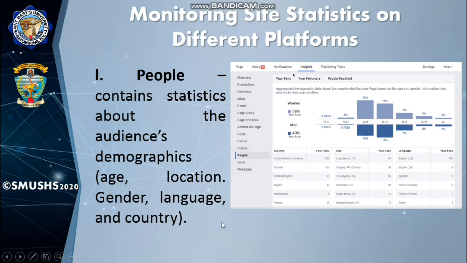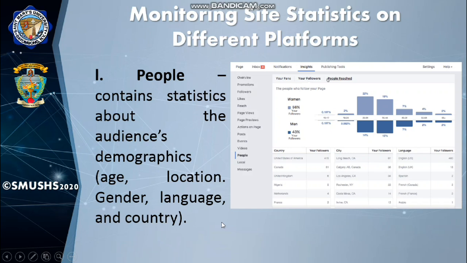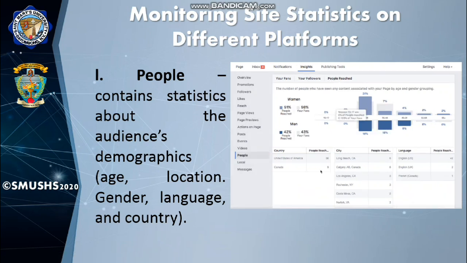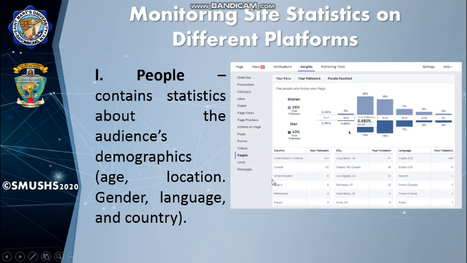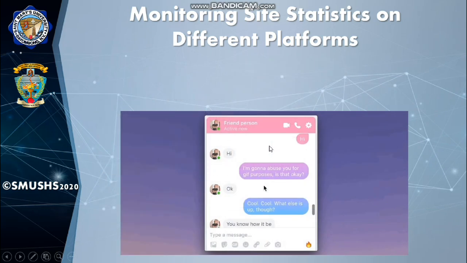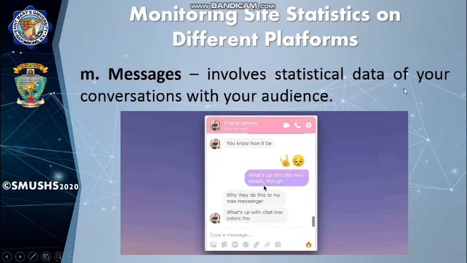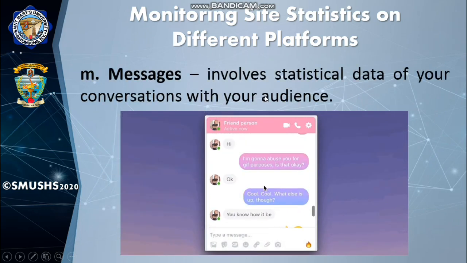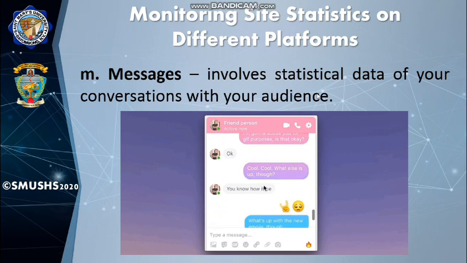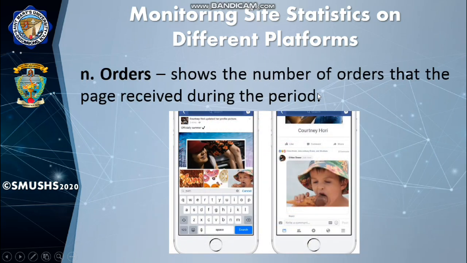So with this, you can also analyze what data can be placed on your page later on. Next, messages. These are data of your conversation with your audience. Your orders. If you have a page that is used for buying and selling of products, you can also see this on the page.